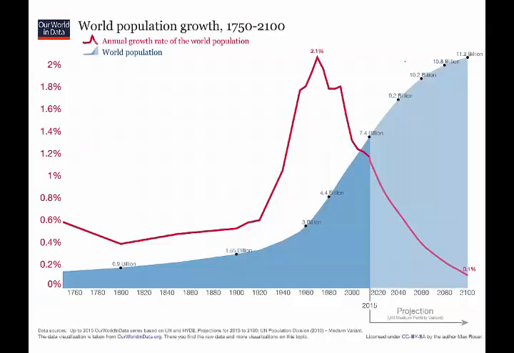This is a graph from the UN. Again, you can see on the x-axis the population growth, and then this is the projection for the future. World population is shown in blue, and the growth rate is shown in red. So again, you can see that our growth rate peaked at 2.1%. This is the world. Sometime around the late 1970s, it peaked,